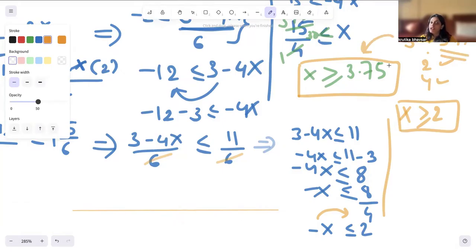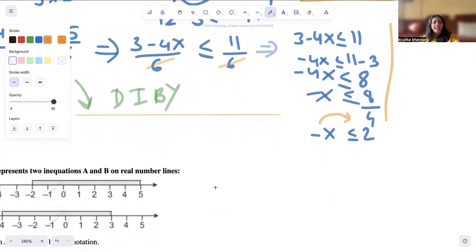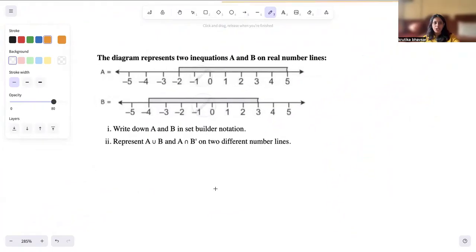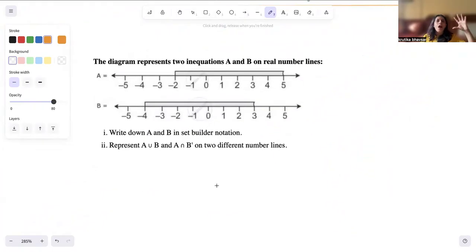Even if it is a solution, you need to pay attention that x belongs only to natural numbers. So the domain is only natural. Hence, it cannot be 3.75. This number line task is do it by yourself. And if you have any questions, feel free to ask them in the comment section and I'll be answering as many questions as possible. Let's jump to an even more challenging question